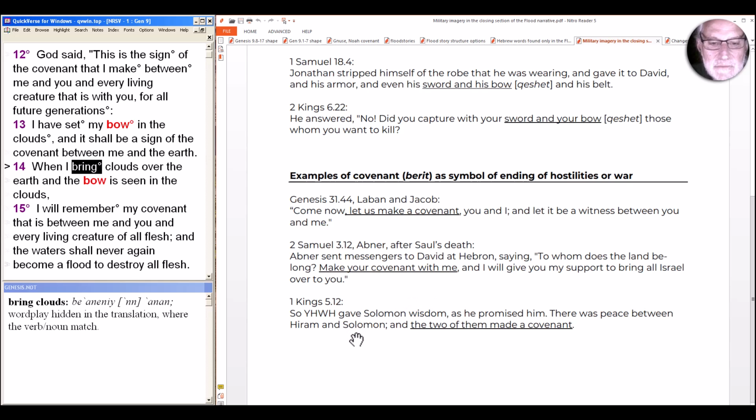And then finally in 1 Kings, in the time of Solomon. "So Yahweh gave Solomon wisdom as he promised. There was peace between Hiram, king of the Phoenicians of Tyre and Sidon, and Solomon, and the two of them made a covenant." So these examples, whether between two individual people or between two leaders of opposing factions or internationally by kings, establish that covenant was traditionally understood as a relationship that would end hostilities or bring peace between different